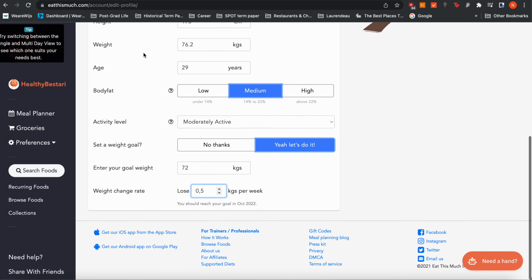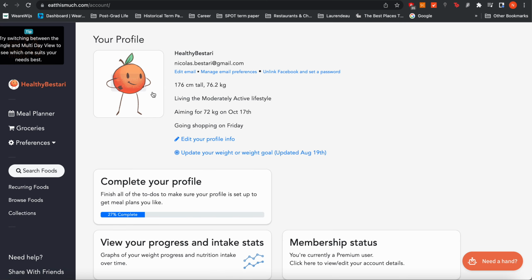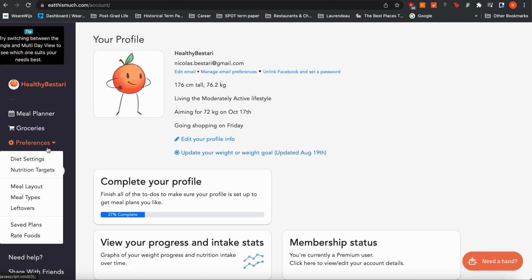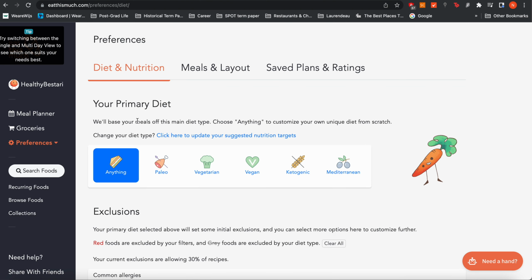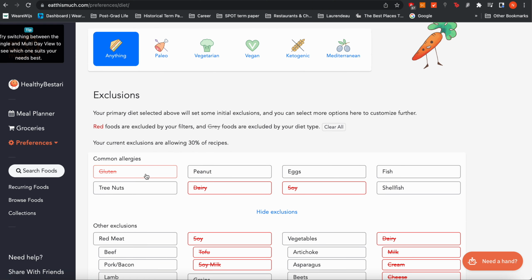Now, once you've saved that, you can go ahead and click back. It saves automatically. And then we're going to go ahead and get to our preferences. So, diet setting, we're going to first identify what kind of diet we want. If you know exactly from, let's say, food sensitivity testing or blood testing, perhaps even having used a continuous glucose monitor to really outline what doesn't work for you, we can click on anything and really be specific